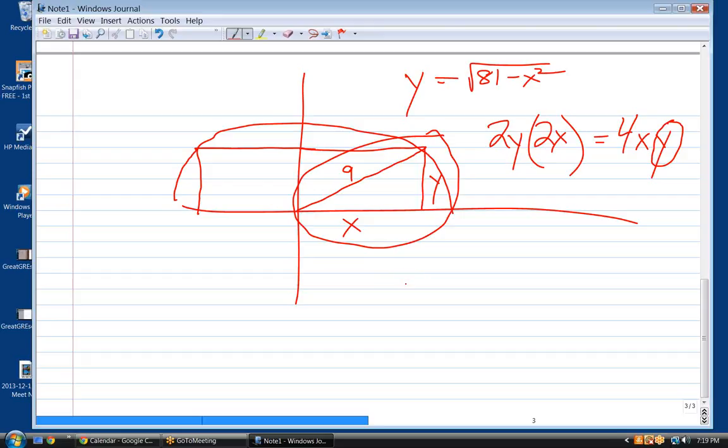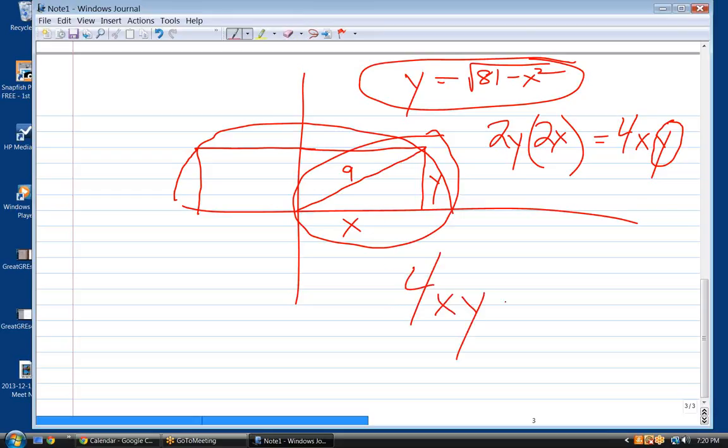What is y equal to here? Actually, it's the same as that. Right? In other words, one side of a right triangle is equal to the square root of the hypotenuse squared minus the square of the other side. So if I plug that in, then I don't have y equals this. I have